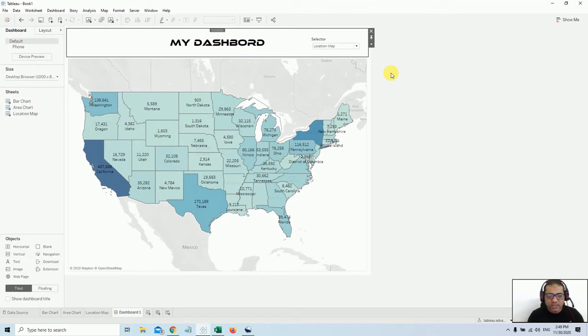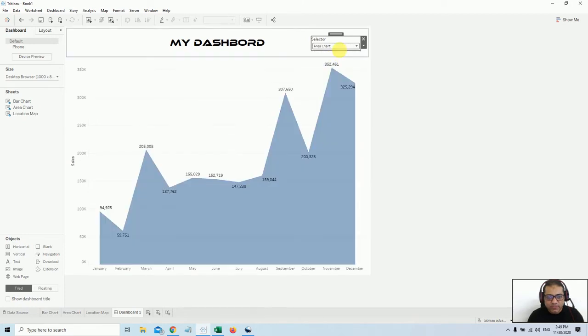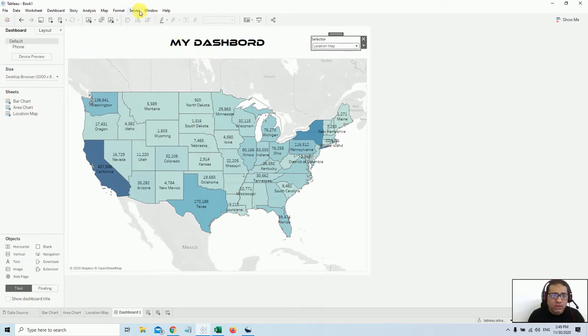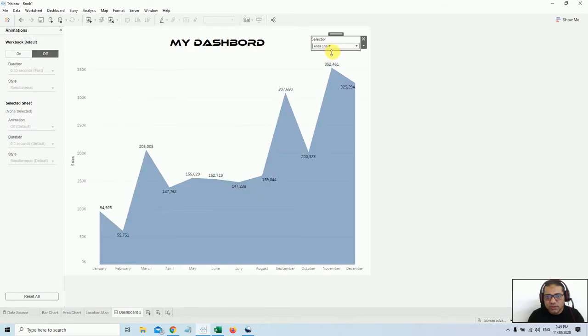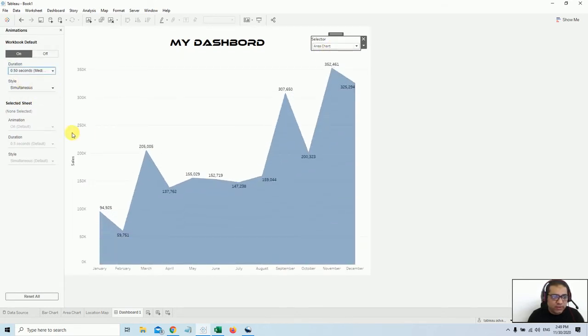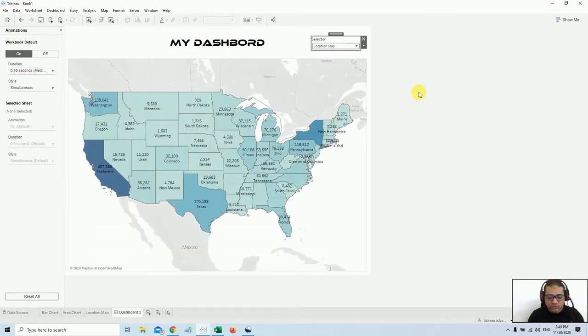This is called the first technique, and you can just change the specific parameter value, and your dashboard changes the component. And now here you can do one more thing, which is animation, right? So you can animate this, you need to open it and define a specific time for the animation. You see, that's how it will work. So this is the first technique.